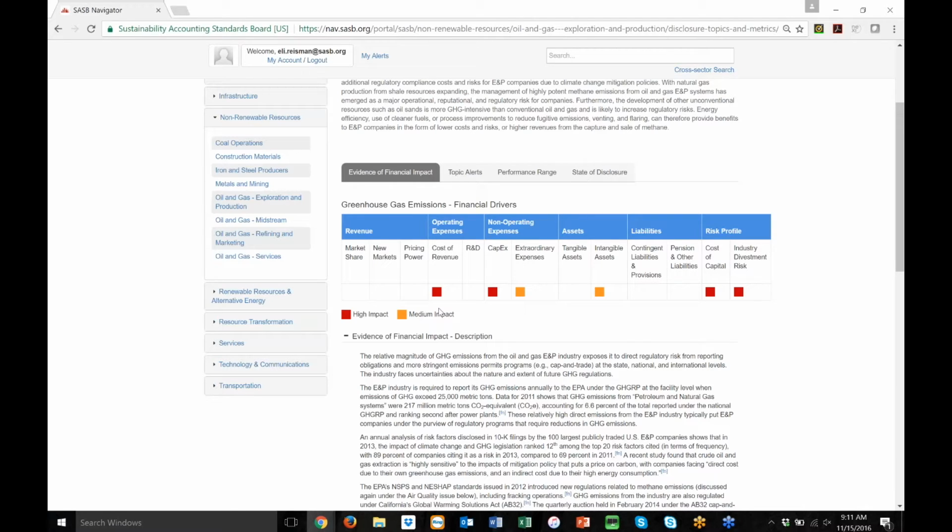We think for the investment community, being able to see the underlying evidence behind each of the different topics in our standards can be very useful for setting up strategies, for identifying topics that you want to dig into when putting together investment strategies. When thinking about it from a corporate sustainability perspective, having access to this information will allow